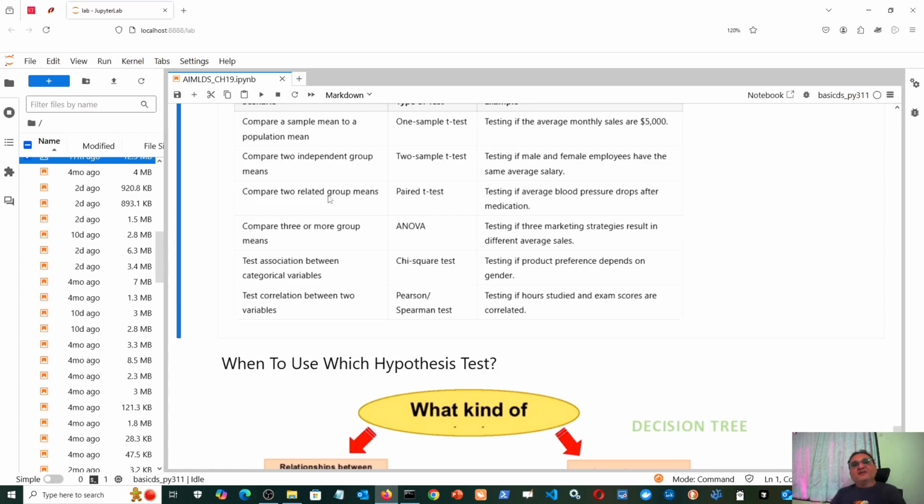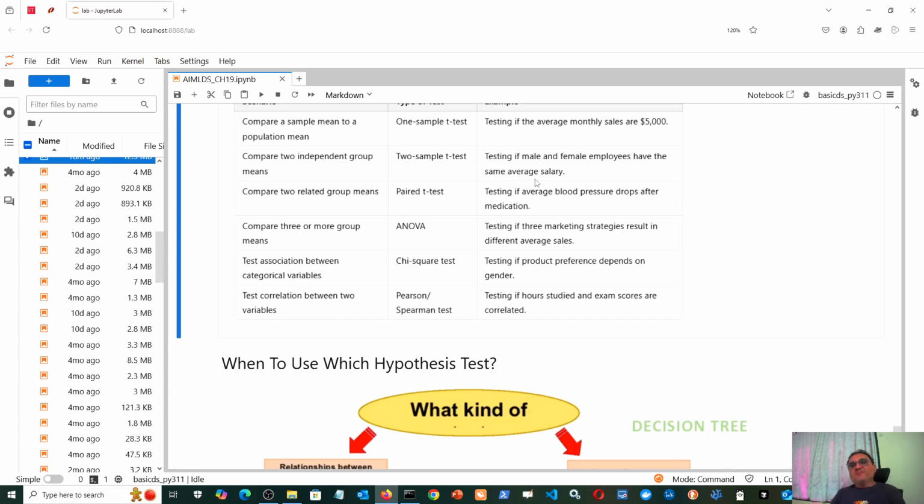Compare two related group means. That is, there is only one sample, but you want to study the effect before making your intervention and after making your intervention. I already gave one example that you have a sample of employees, so you measure their productivity before a training program and after a training program and decide if the training program is effective in improving the productivity. This is one another example that you have one sample of patients, you measure their average blood pressure,